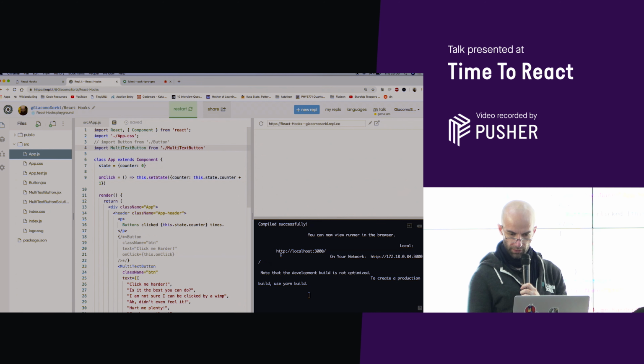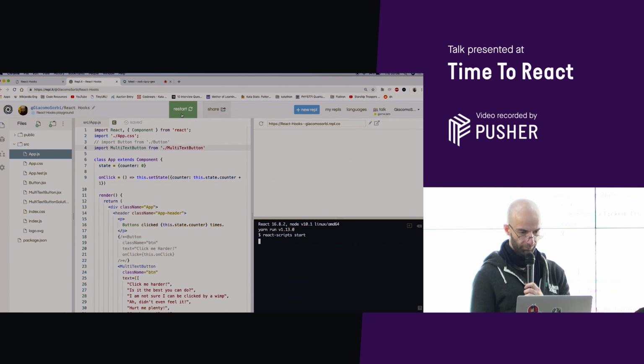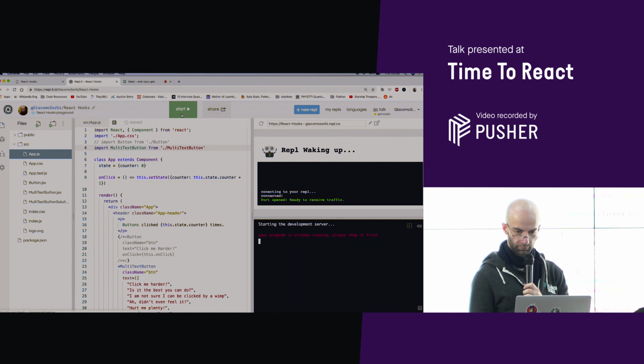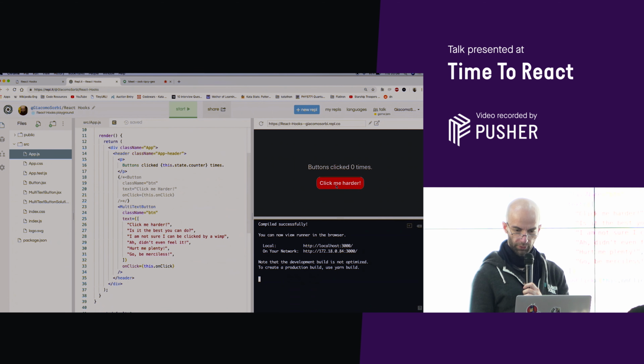Compiled successfully. Well, it doesn't look like much. And okay, restart. Sometimes you need that. Okay, it was working. Let's see if things work as expected. Yeah, it does.